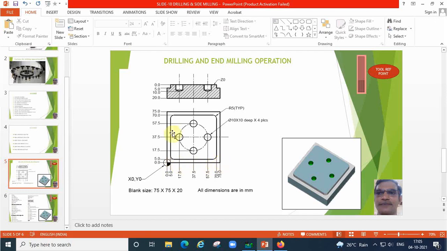This side is also the same: 5 mm, 17.5, 37.5, 57.5, 70 and 75. Say this is the dimension. We have 20 mm height, and then the side milling depth is 5 mm, drilling depth is 10 mm. These things we are going to do now.